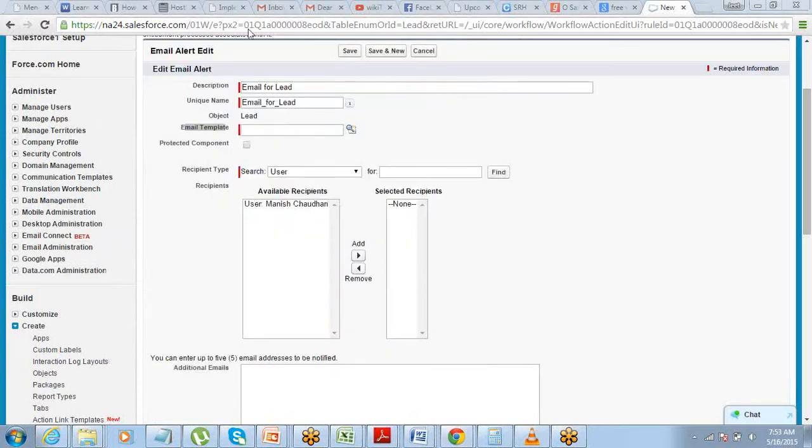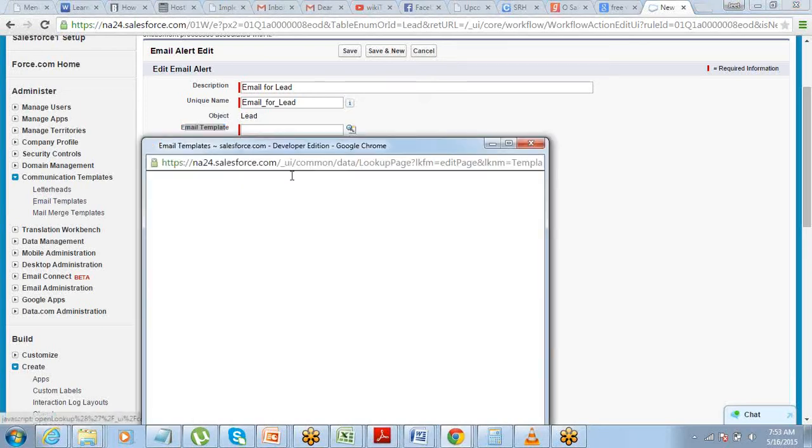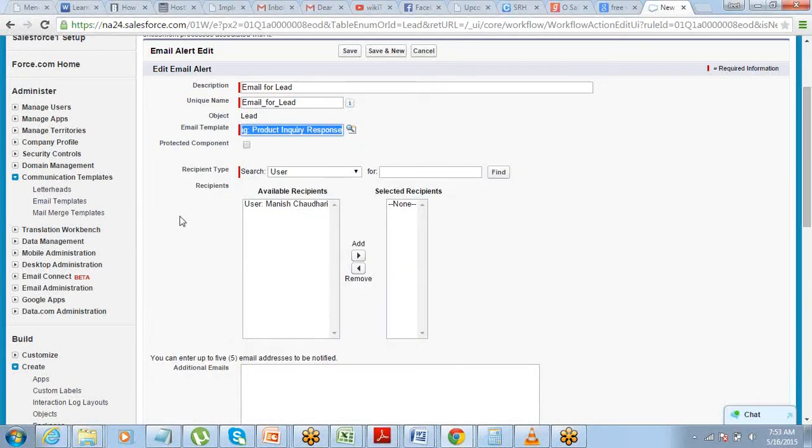Okay. So in case you plan to create your own template, you have the option here, communication templates. Under setup only, you have communication template and email templates. You can go there and create your own template. Put your own subject line and email body and stuff like that. Let me use any existing template right now. Let's say this is the existing one. Okay. So that we have defined.